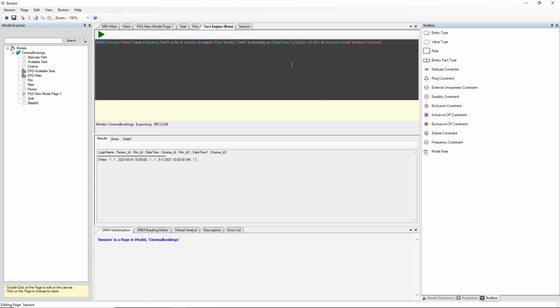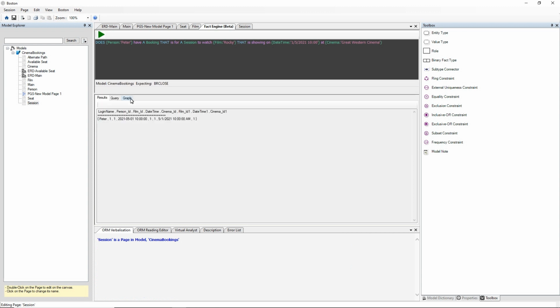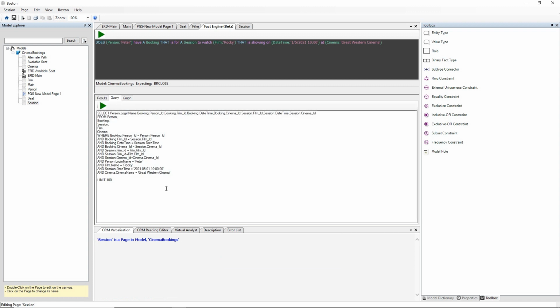So that's a brief introduction to FactEngine. I would argue that it's some of the best natural language querying over databases anywhere, and the thing about FactEngine is that it doesn't rely on machine learning. So if you get a result back from FactEngine, the results are 100% guaranteed to have a correlation with the database and a query over that database. So that's the SQL query for that